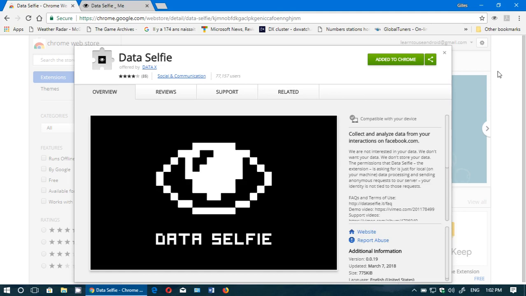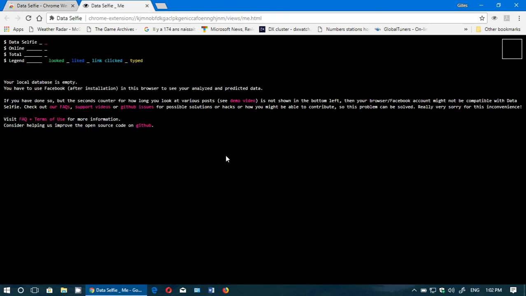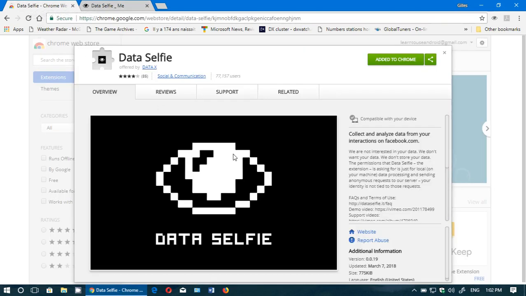And after a certain time, what it will do is actually give you a report that kind of looks like this. Mine is not done yet because there's not enough data and everything. The database is empty right now. But it will give you an idea of what kind of Facebook user you are, but also, which is interesting and maybe even more interesting than just knowing a little bit more about yourself, which you might already know anyways,